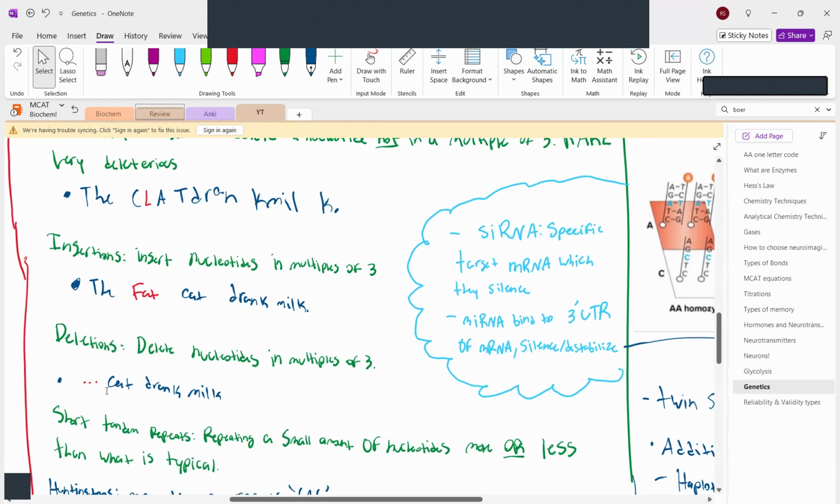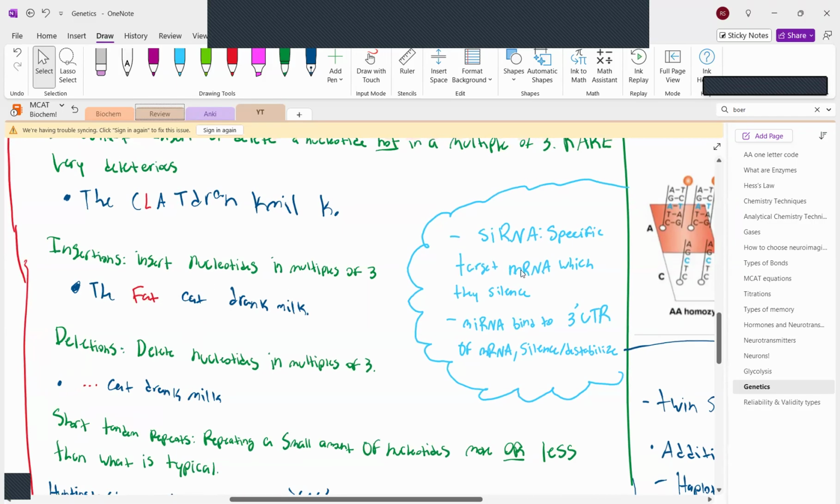But let's say I got rid of the cat instead of the drink milk, that doesn't make sense. Or if I were to add a word here, if I were to say "the human cat drank milk," that doesn't make sense. So there's two different types that I want to